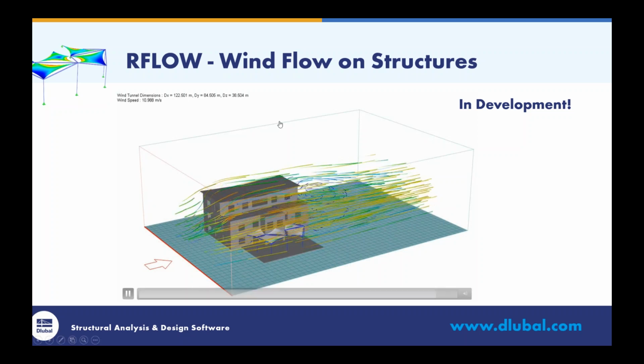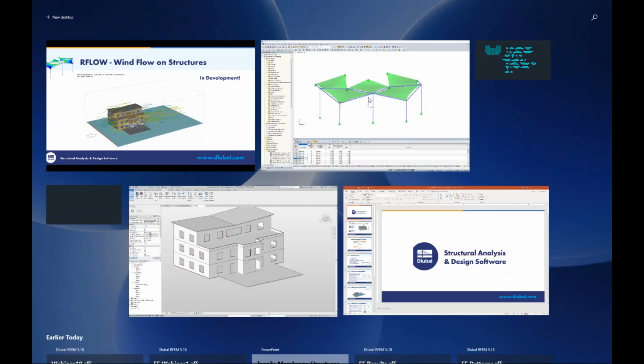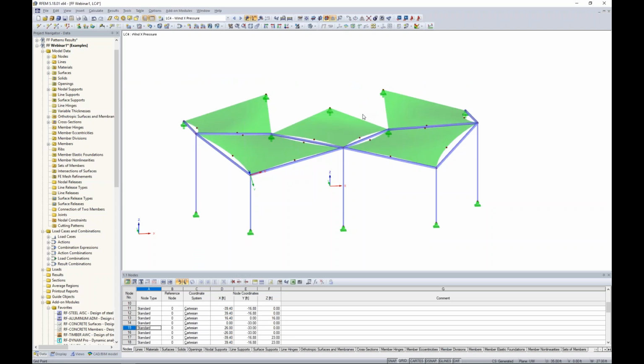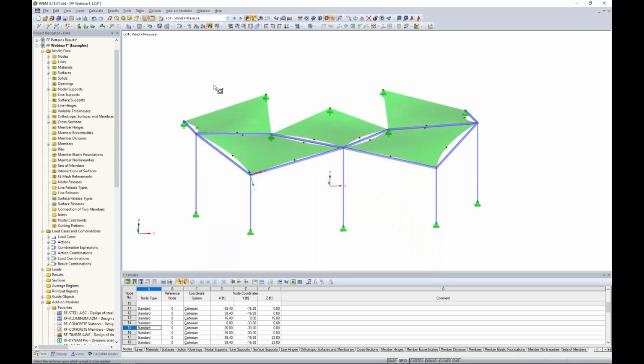So I did want to mention that, something exciting to look forward to, but for now, we have to jump back to RFEM and manually apply these loads. So for our simple load cases today, we will apply a new surface load here in the projected X direction. So I only want the surfaces that have actual face value according to the global X-axis to be affected by these wind loads, and we give it a magnitude of 0.15 kips per square foot, and I can highlight over